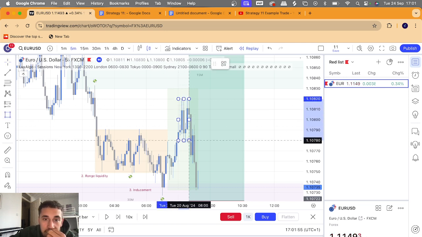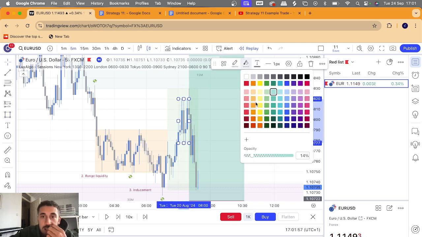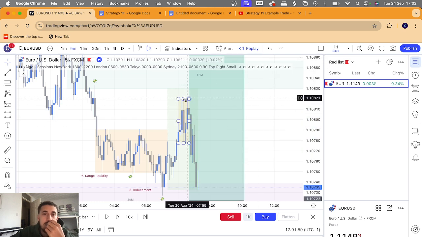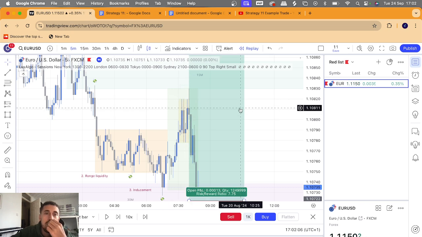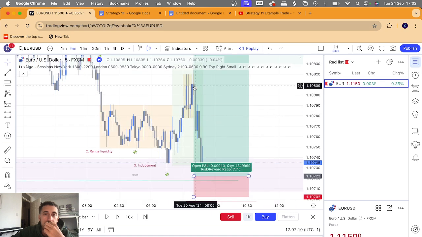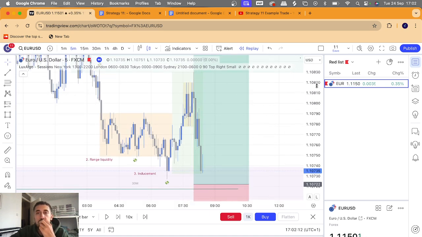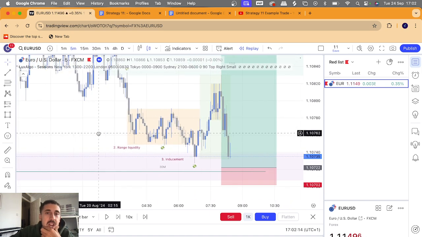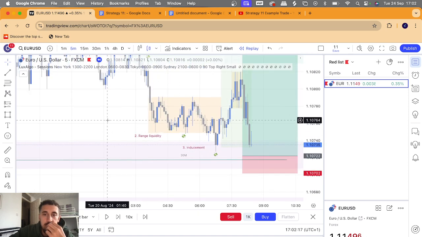These little 3 candle ranges seem to give good moves if they get swept, as long as the candle doesn't close past them. But yeah, they're not crazy moves, they're just small moves that you could take. But yeah, I noticed that